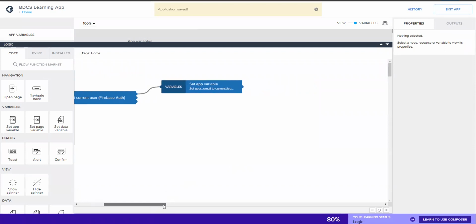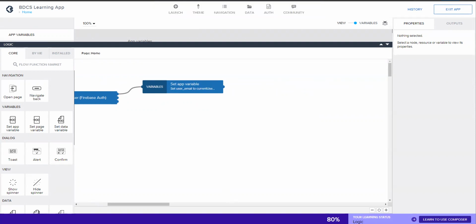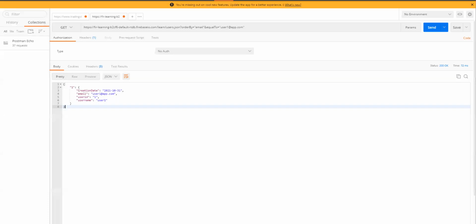Next, I got the user email, right? Now I have written a small Postman URL, which is the Firebase URL /learn/users.json order by email.